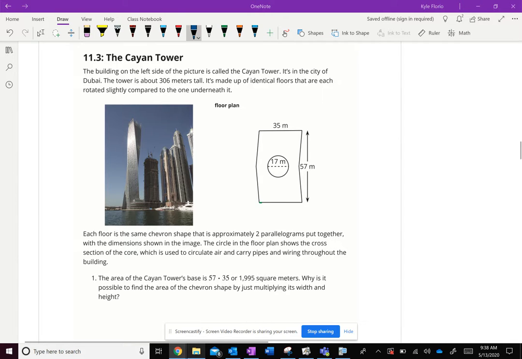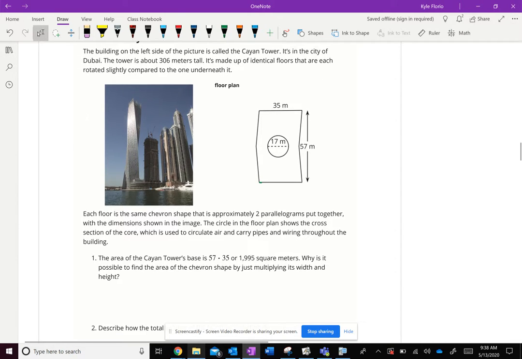So here's the floor plan. Each floor is the same chevron shape that is approximately two parallelograms put together, with the dimensions shown in the image. The circle in the floor plan shows the cross-section of the core, which is used to circulate air and carry pipes and wiring throughout the building. The area of the Cayenne Tower's base is 57 times 35, or 1,995 square